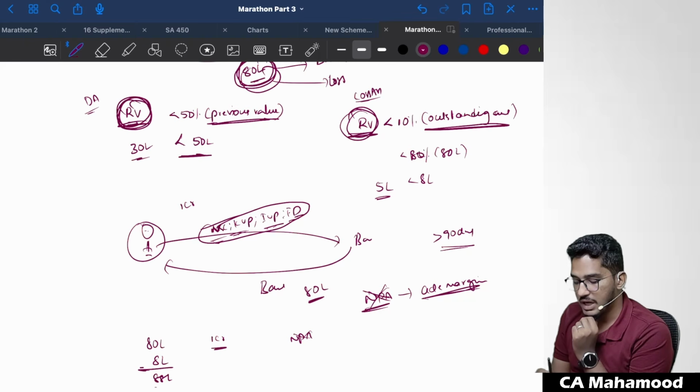1 crore is the security amount. 88 lakh rupees is outstanding amount. 12 lakh rupees of margin is there. No need to classify it as NPA. Now next year also interest accrued. For example, next year also 10 lakh rupees of interest accrued. Now it became 98 lakh rupees of outstanding amount. Value of the security is 1 crore.